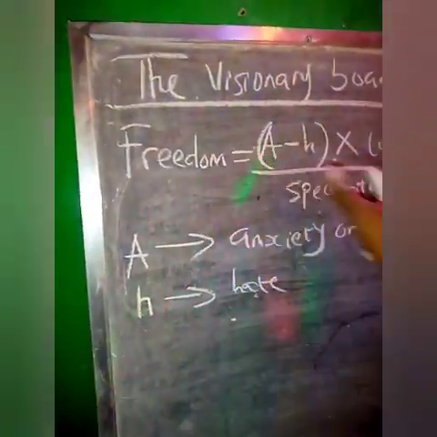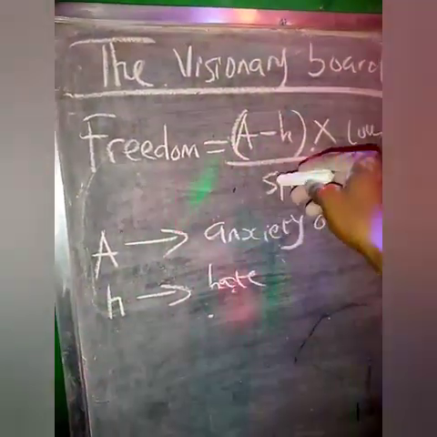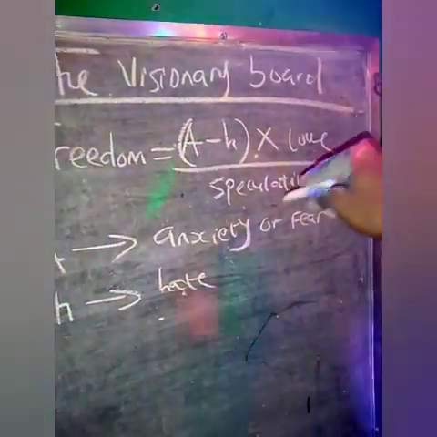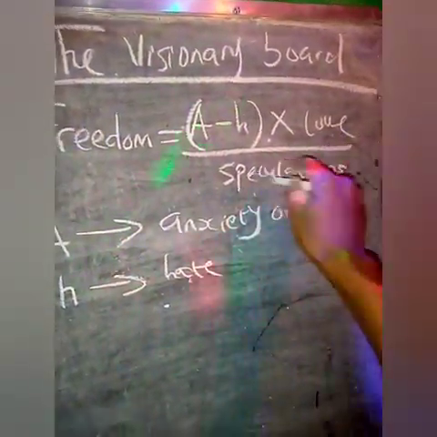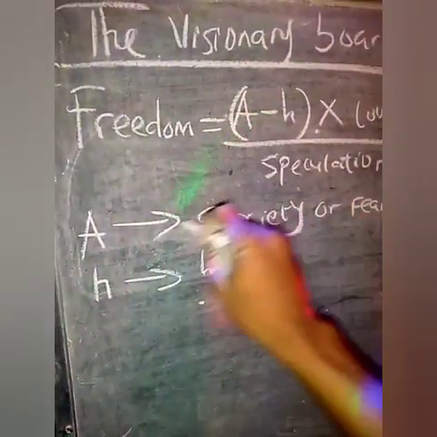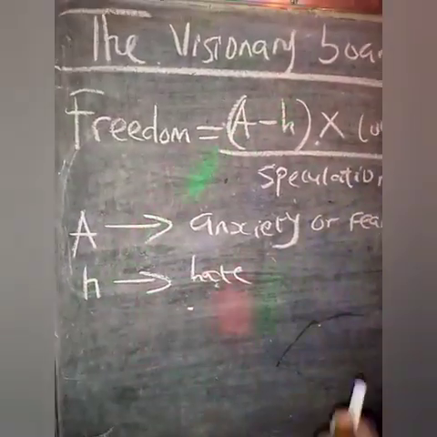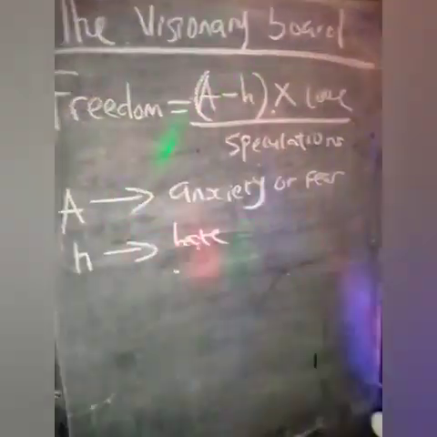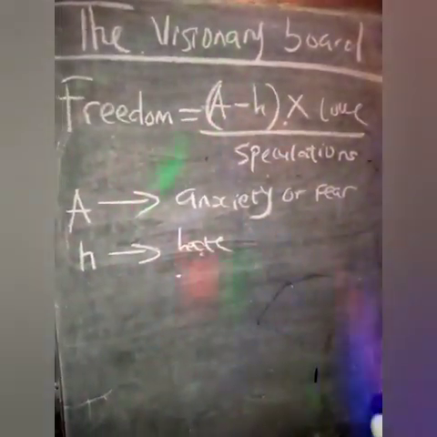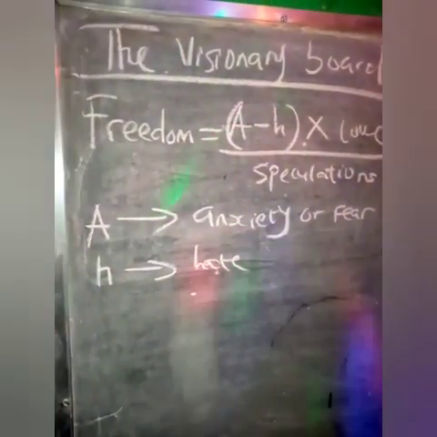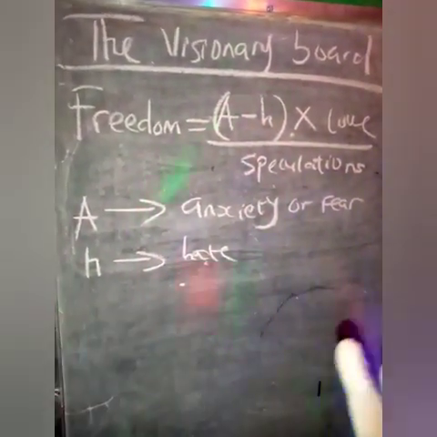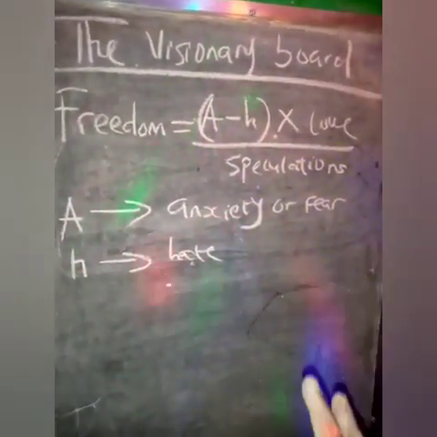Okay, we have another formula right now. Freedom equals (A minus H) times love over speculations. A is equal to anxiety, H is equal to hate. Now here is what this formula will do for us. This formula will tell us how you can relieve yourself of any hate you have